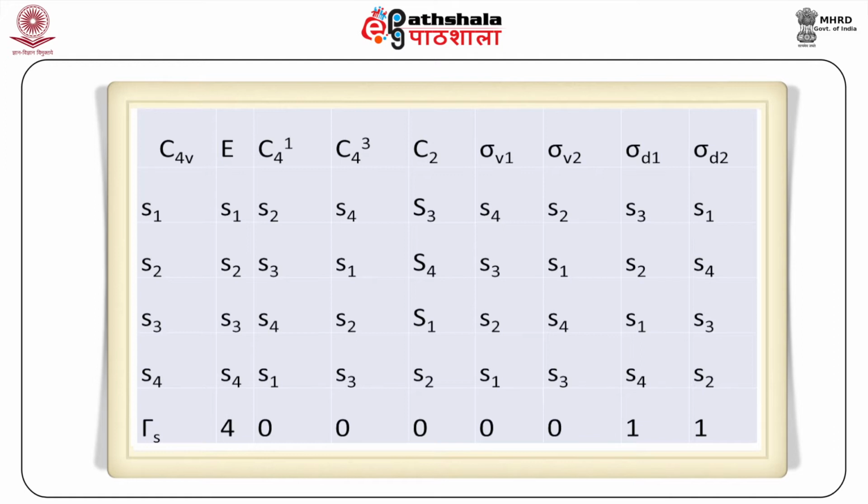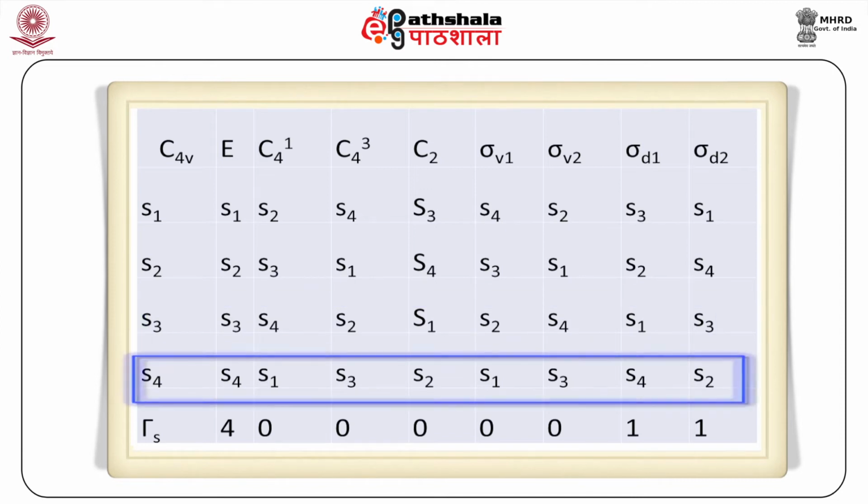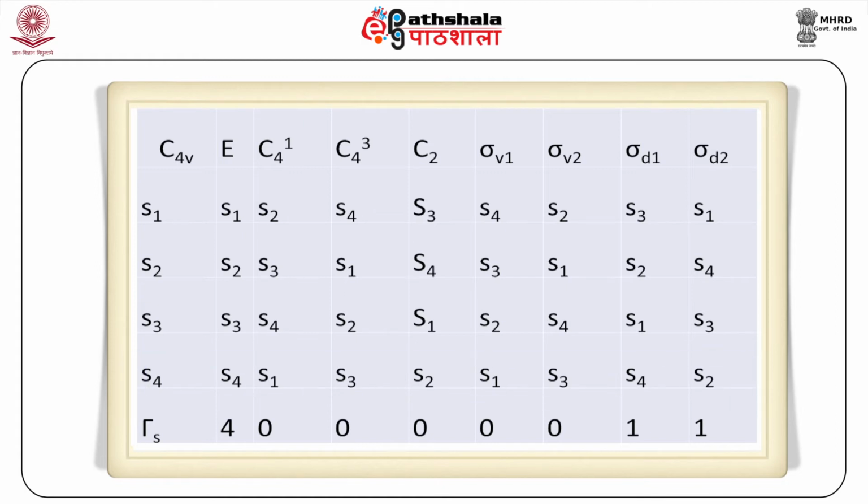Similarly, S3 goes S3, S4, S2, S1, S2, S4, S1, S3. Similarly, S4 goes as shown in the row. Now, after seeing the effect, the S function which is not shifted contributes +1 and the S function which is shifted contributes 0, and by doing this we get tau S, that is the reducible representation based on